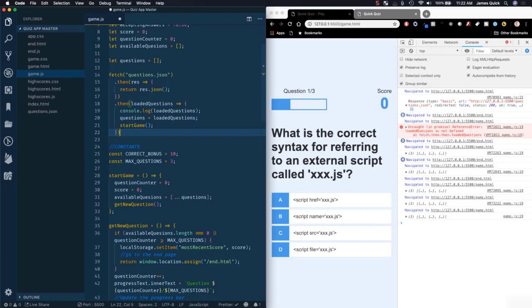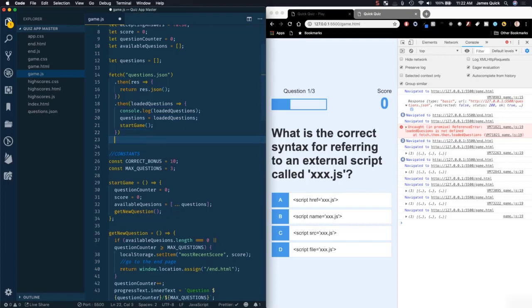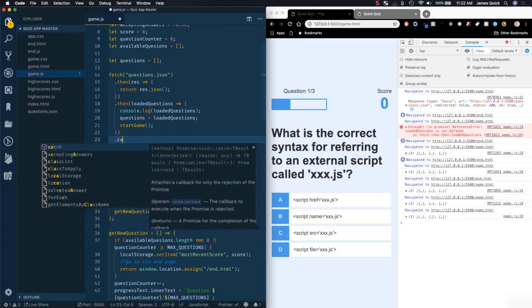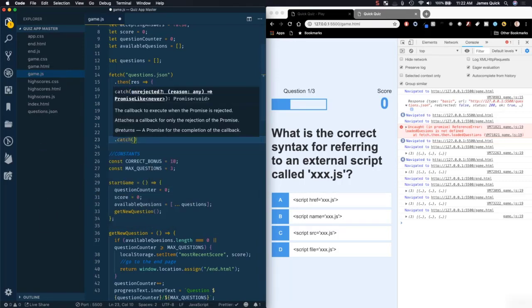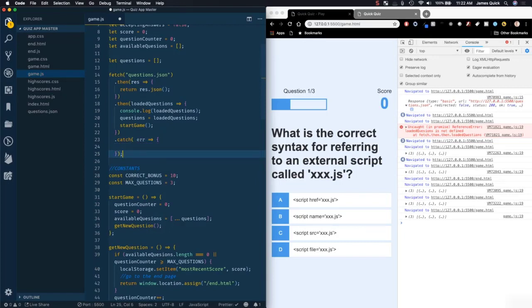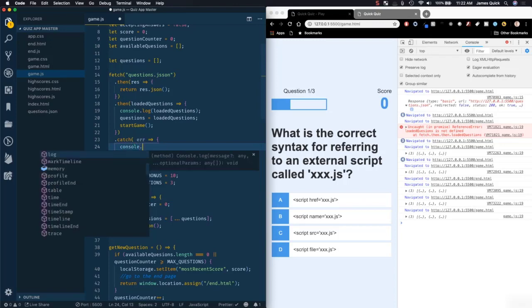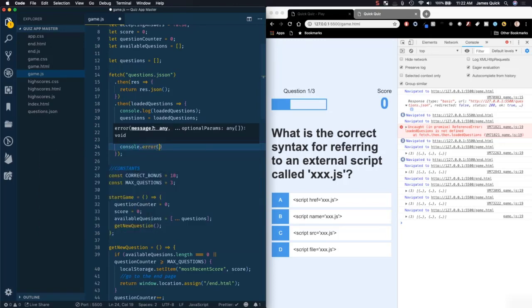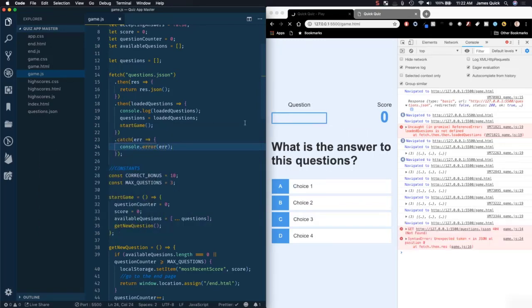So just best practice here, when you do make a request with fetch and with other things that return promises, you also want to handle the catch, which is the error scenario. So in here, if I was to type in the wrong path to the file, it's going to trigger this error, and I could log that error message to the console. So if I look at my console, this is going to say